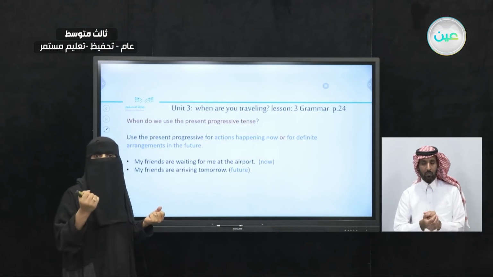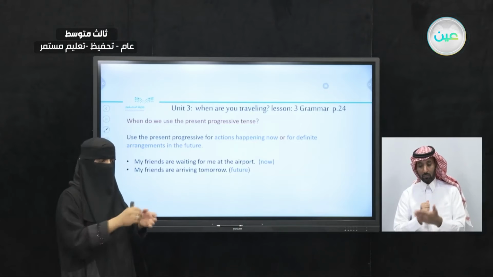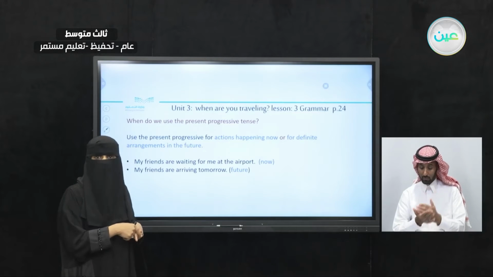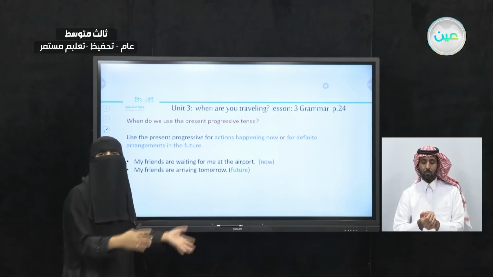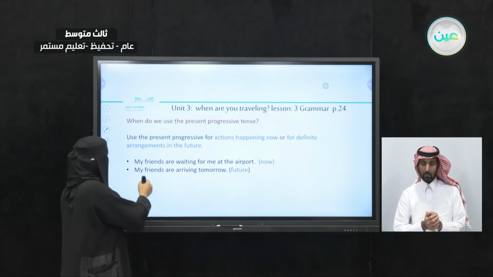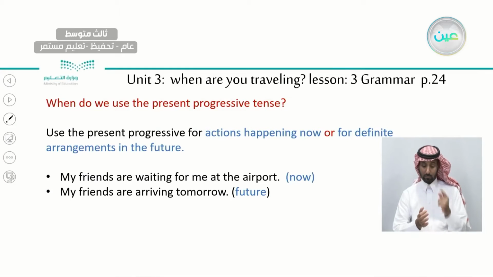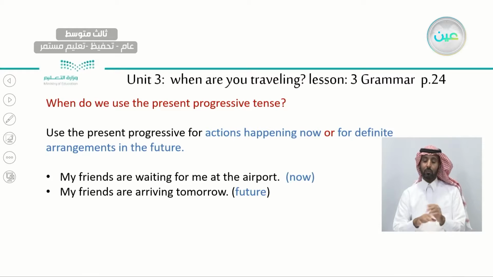Or maybe I'm going to Abha, for example. Why would you say I'm going to Abha? You already bought the ticket, okay, to go to Abha, or you already prepared your bags to go by car, okay? So for fixed arrangements, definite arrangements, we use going to, okay? My friends are waiting for me at the airport. This is, we're talking about now, okay? Here, my friends are